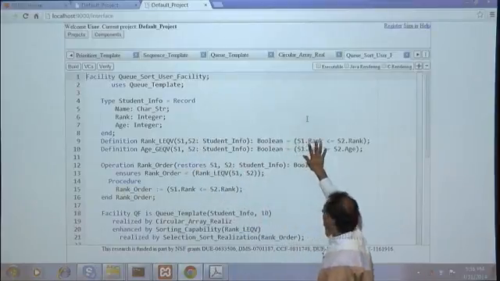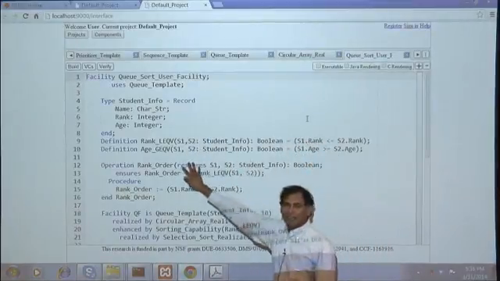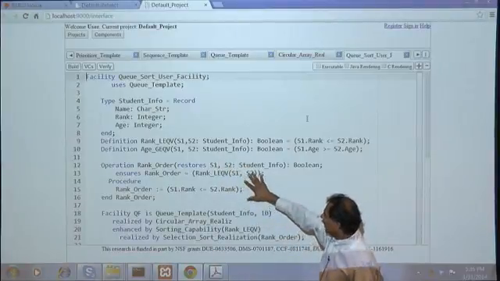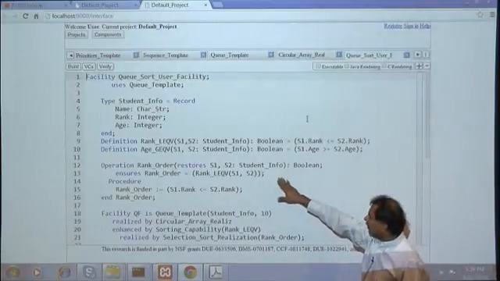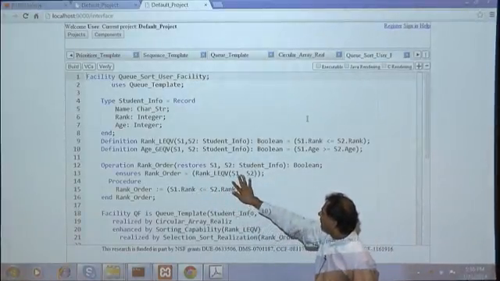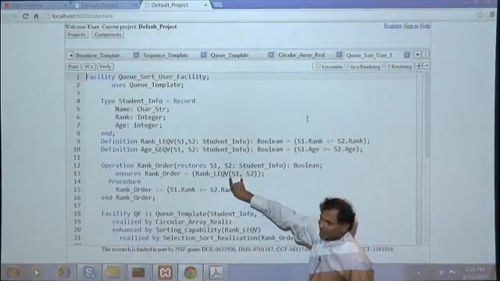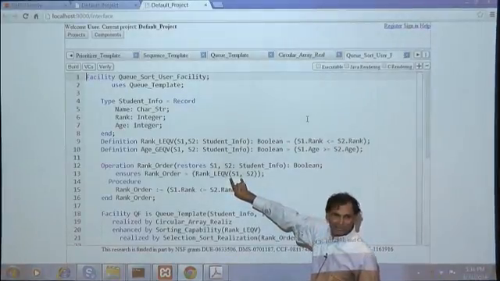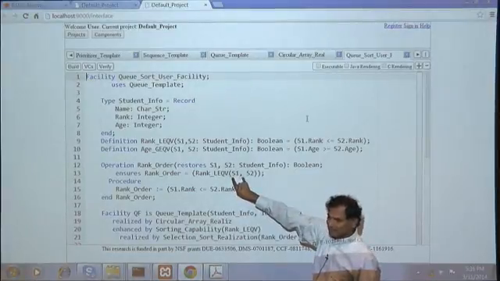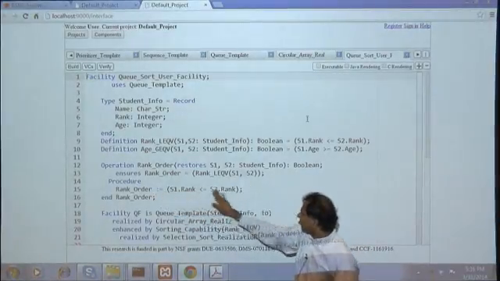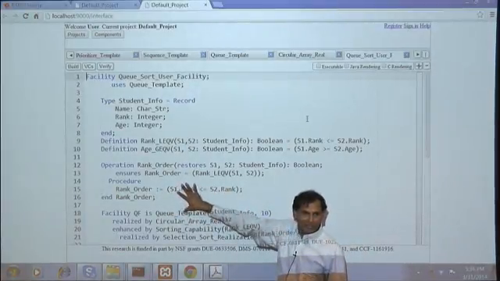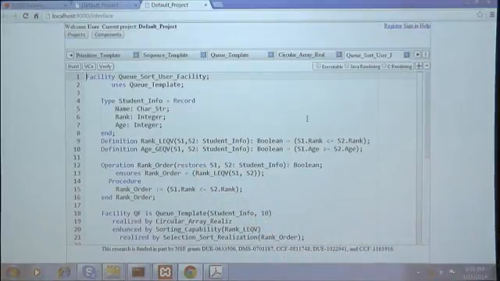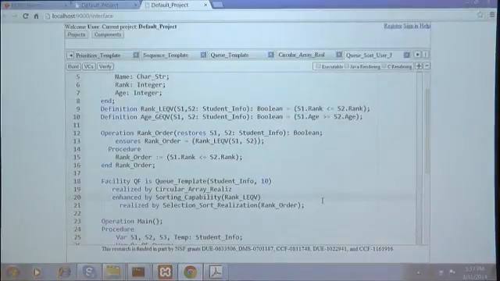There is a definition to compare ranks. There's a definition to compare ages or whatever. And then here's an actual operation where you say, okay, my operation will ensure that it returns the LEQV according to rank. And this is just regular code here. This colon equals is an assignment, so it's just regular code. Here's the spec, and then you create an instance